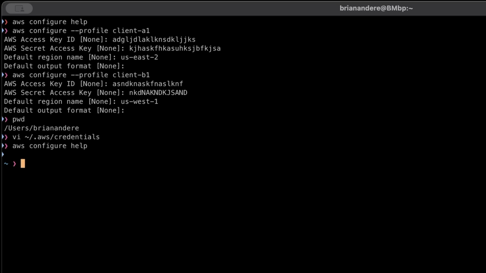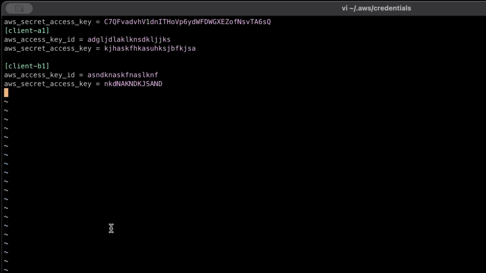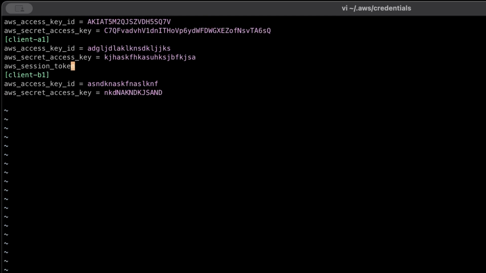Then go back to your credentials file under the .aws folder in your home directory. Scroll to the end of the file, because whenever you add a profile, it's appended to this file. And then you can enter the session token for the first profile, which you can enter here. For the second profile, if you have the session token, you can also enter it here,